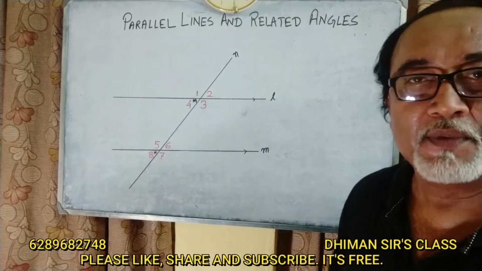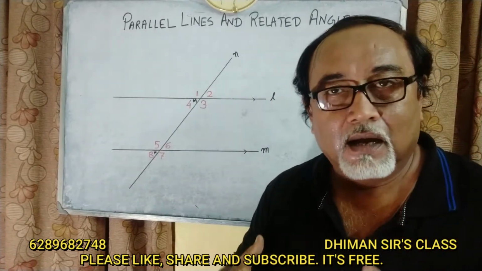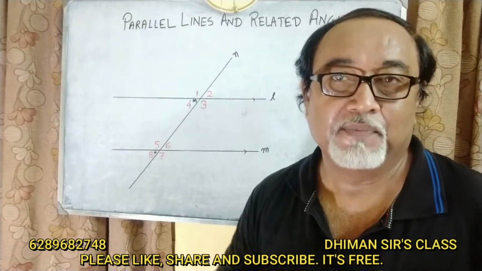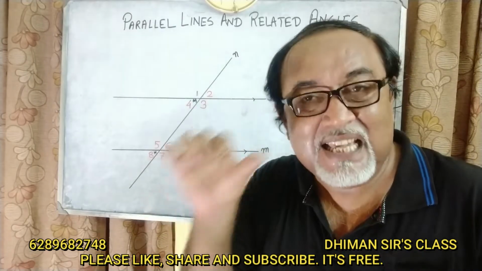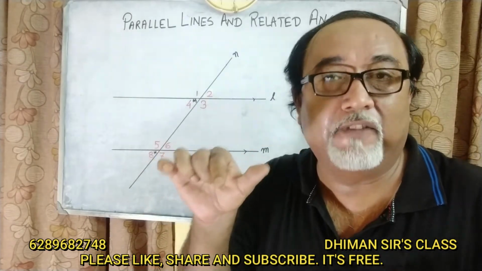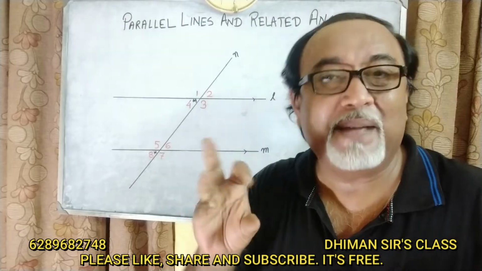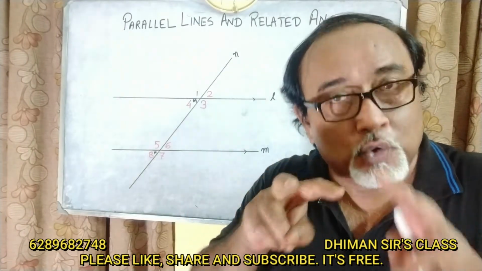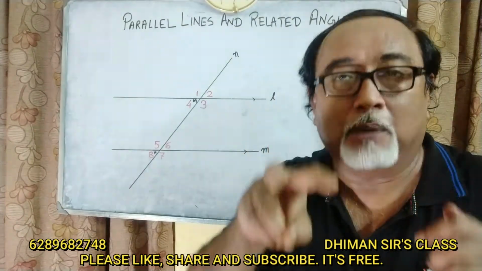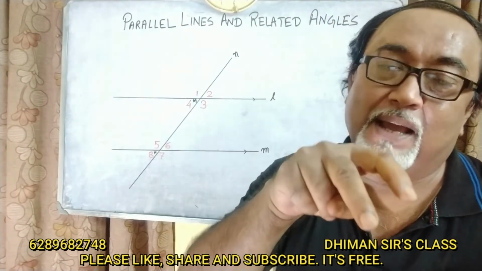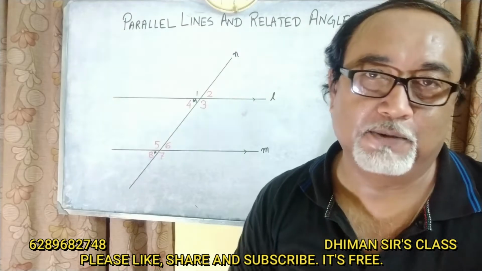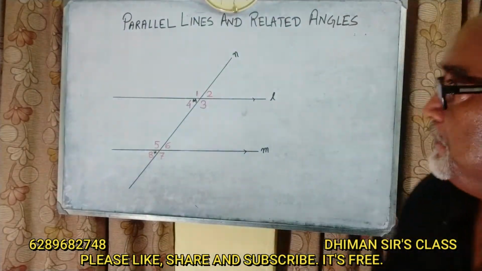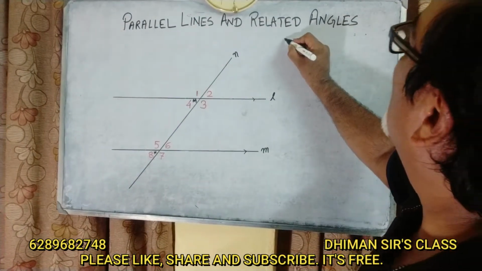Okay, so now we are going to discuss some angles. And those angles will be in pairs. Each topic which we will be discussing now will be in pairs of angles. Pair means two angles. Each topic will contain a pair of angles, meaning two angles. Okay. So first we will start with number 1,